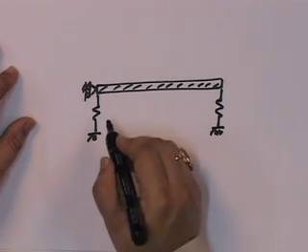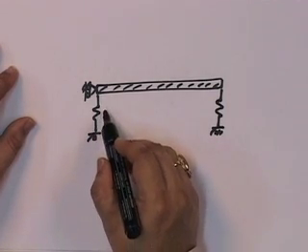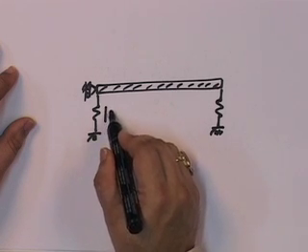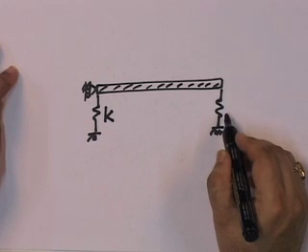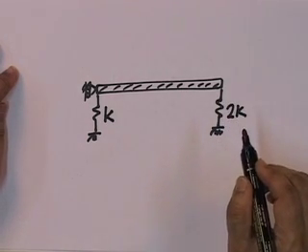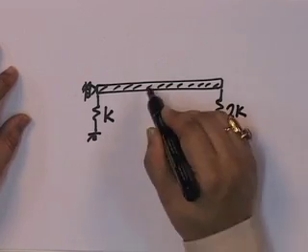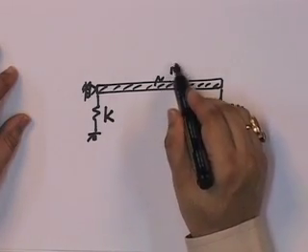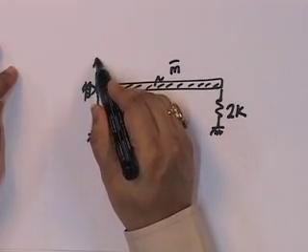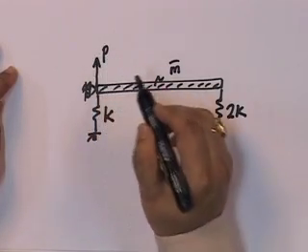And what I am going to do is say that this is equal to k, and I am going to make this equal to 2k. This is still m bar, and the loading, well, it's going to be